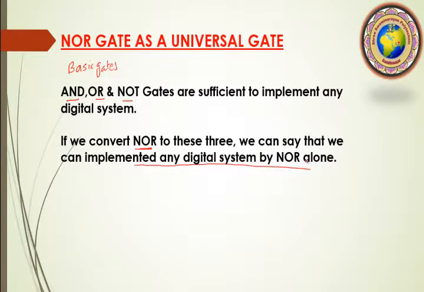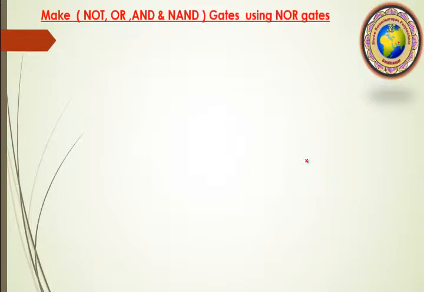So let us start. Because we have basic knowledge about all the gates, their Boolean expressions and truth tables, from the previous session, we directly study the NOR gate as a universal gate. First of all, our agenda is to convert the basic gates by using the NOR gate. So first is NOR as a NOT.